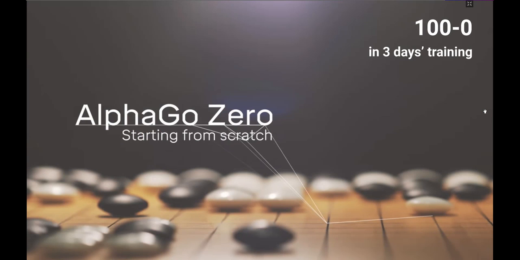Now, fast track a couple of years more, Google developed another version called AlphaGo. This time, it was not trained on videos of